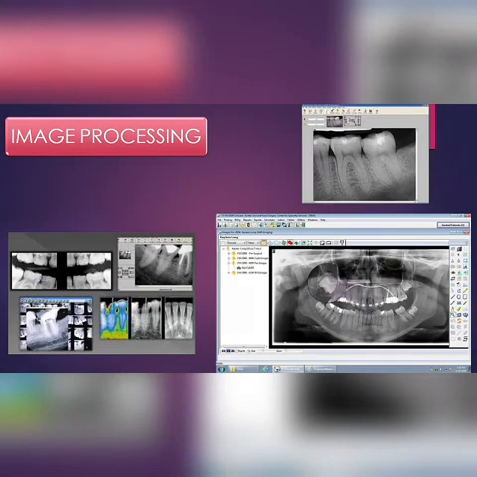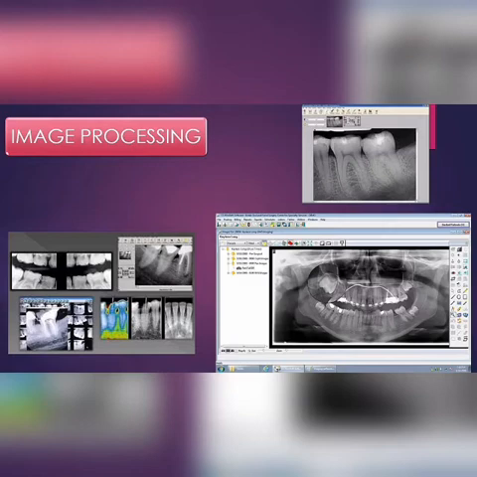So image processing basically will include the adjustment of the raw data according to your perception, and it will improve the diagnostic quality of the image to analyze the contents in a better way. This will also help you to improve, restore, analyze, and also change the digital image to a better extent.